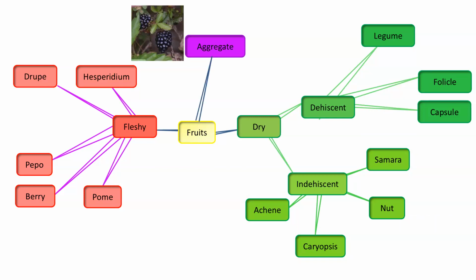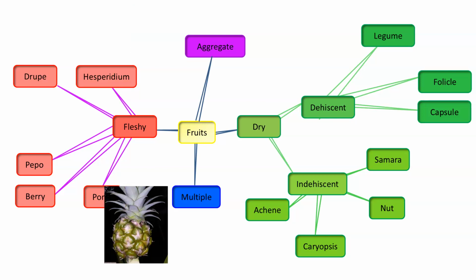Another type of fruit we have is what we call the aggregate fruit. An aggregate fruit comes from one flower where we have many ovaries on a single flower. This is a blackberry. Blackberries and raspberries all have a single flower with many ovaries. Before we think blackberry here, you could also think strawberry. When you look at the strawberry, you actually have a single flower that gives you the strawberry, but in the end, the little fruits on the strawberry are actually achenes, which are the little seed-like things on the outside.